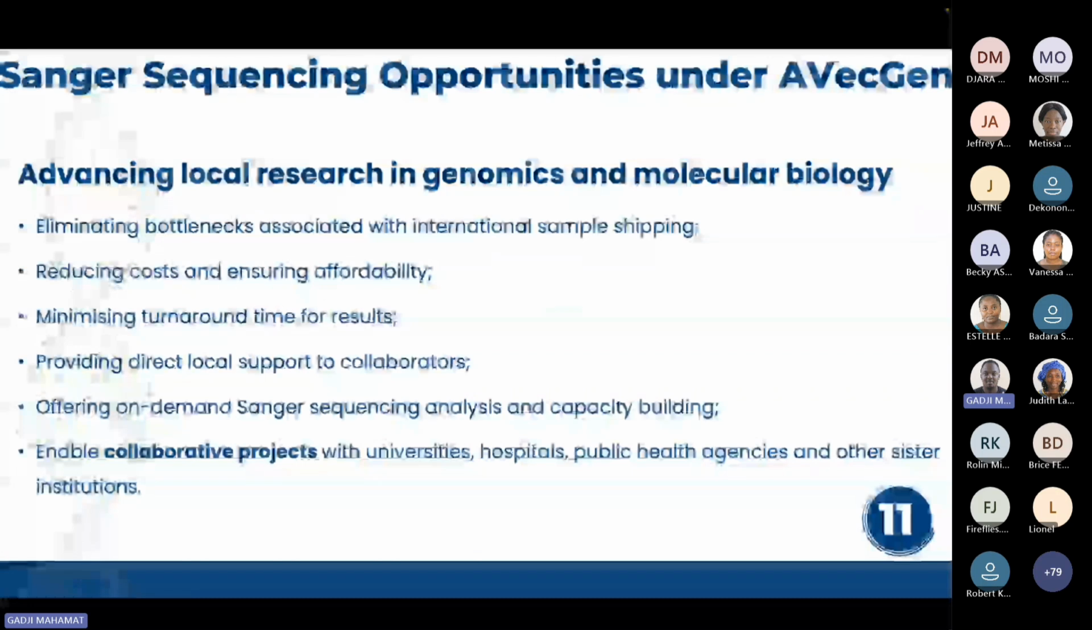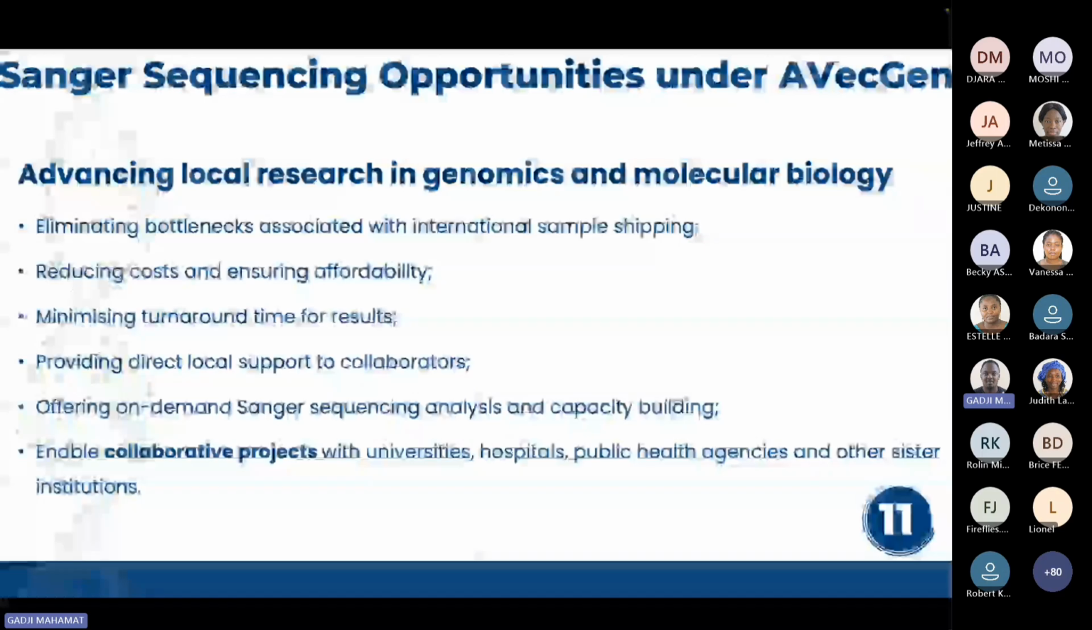So the first thing we are ensuring here at CRID is that we are eliminating the bottlenecks associated with shipping samples abroad, and we ensure affordability of the costs of sequencing here at CRID. My colleagues will be presenting on that after me. And we are minimizing the turnaround time to get the result once your samples are here at CRID. We are also providing very close and direct local support to all our collaborators. And we are offering on-demand Sanger sequencing analysis, as well as capacity building of our collaborators,